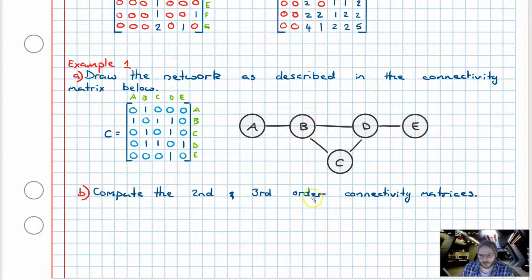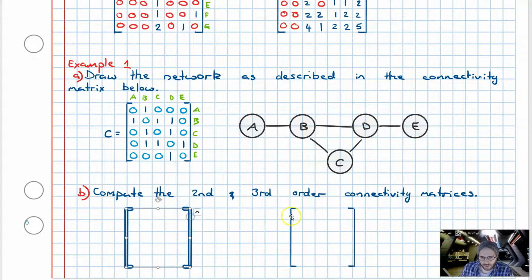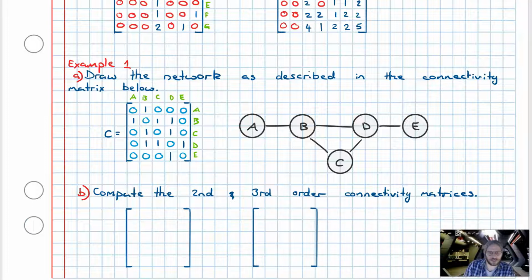Compute the second and the third order connectivity matrices. Now looking at this, we know that our first order connectivity matrix is of order 5, so therefore our second order connectivity matrix is also going to be of order 5, as well as our third order. So pre-planning these, this will be my second order, and this will be my third order. Now to be able to calculate these, you've got the option, you could painstakingly trace the second order matrix from the network graph as seen over here,